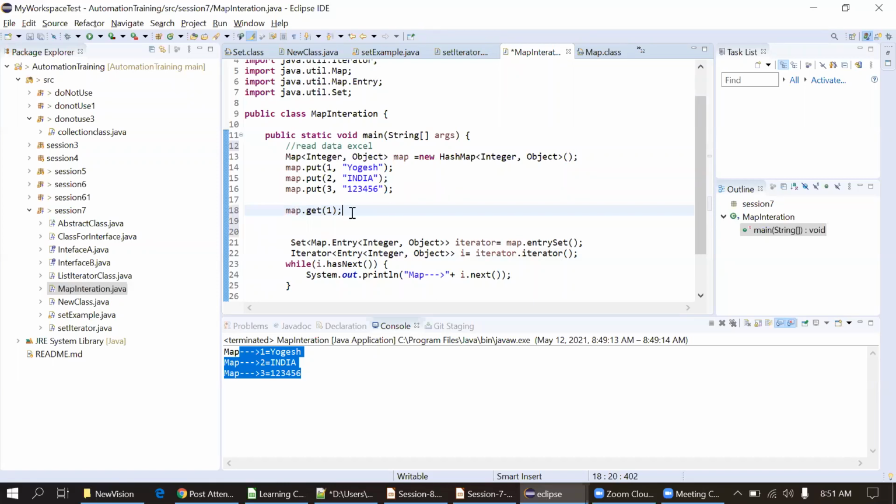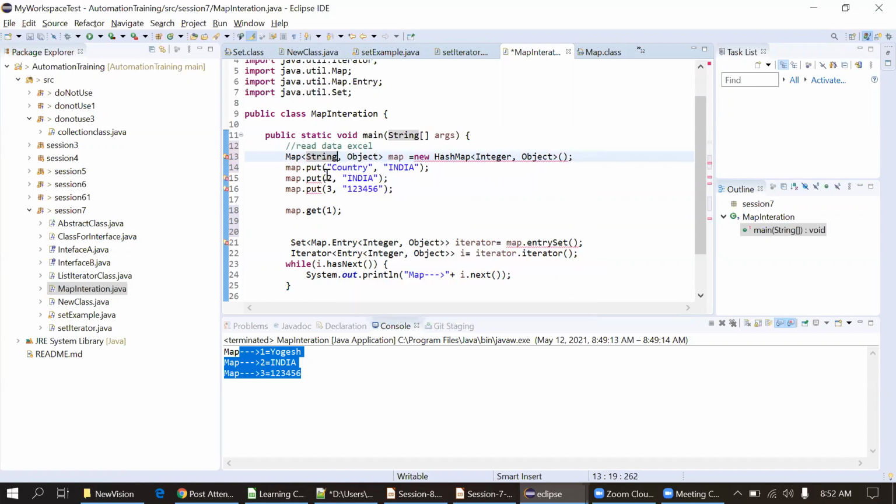Suppose your Excel sheet has country, just a blind example, India, then I'm just changing the names, type here string.